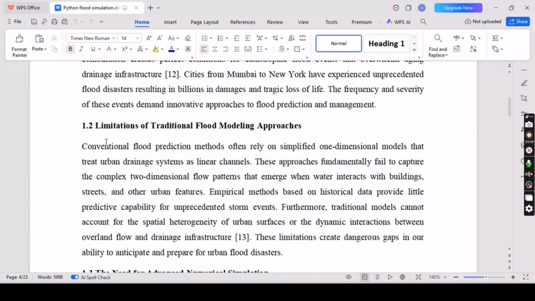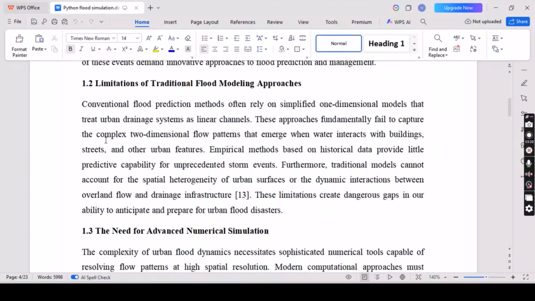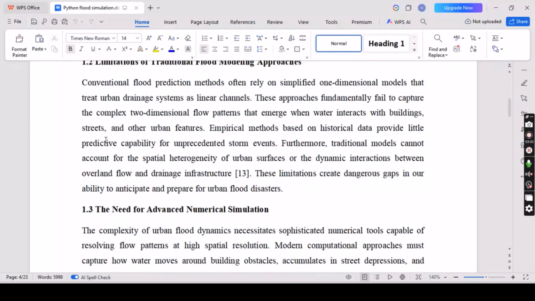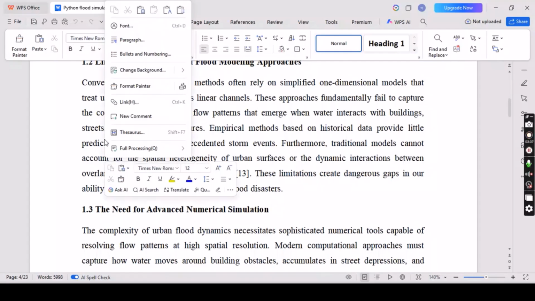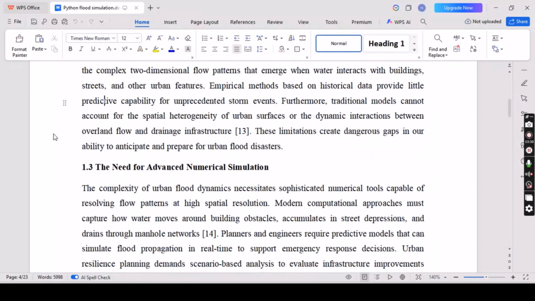So the limitation of traditional flood modeling approaches is that they basically provide us only a one-dimensional model. Conventional flood prediction methods rely on one-dimensional models that treat the urban drainage system as linear channels. These approaches fundamentally fail to capture the complex two-dimensional flow patterns that emerge when water interacts with buildings as well. So that's why traditional methods cannot be used in the modern world to save urban areas as well